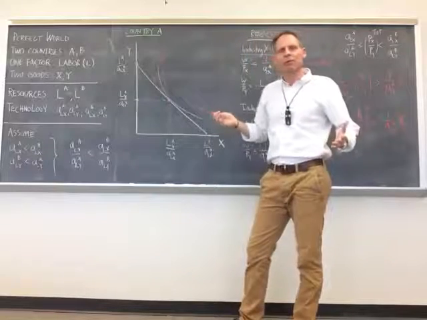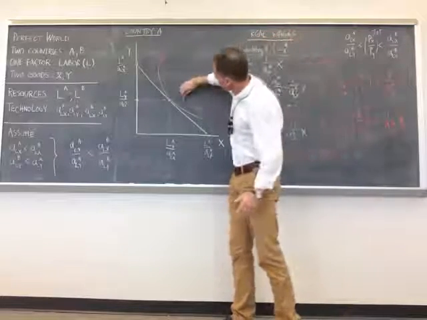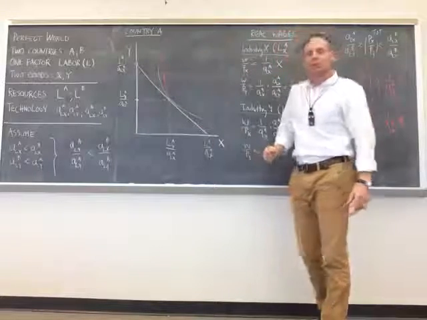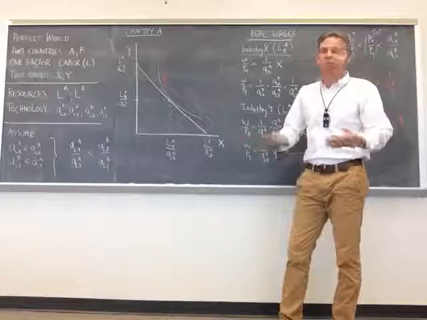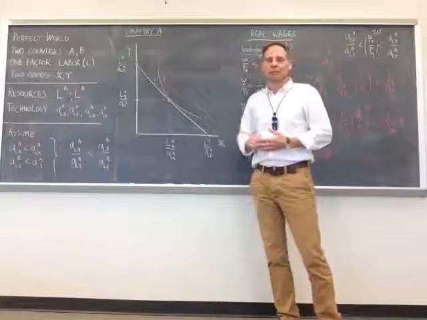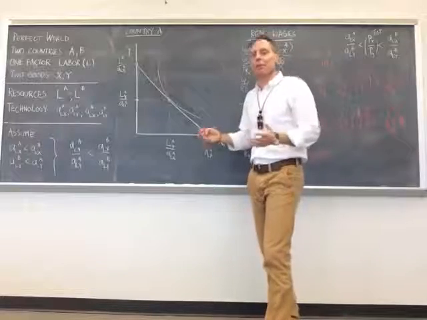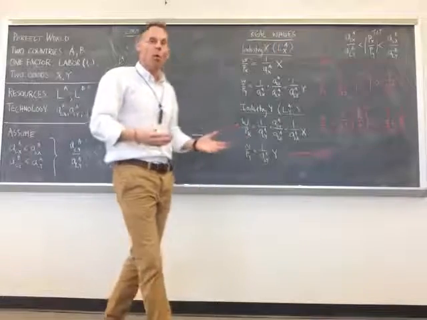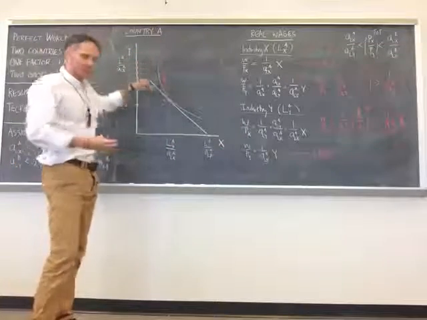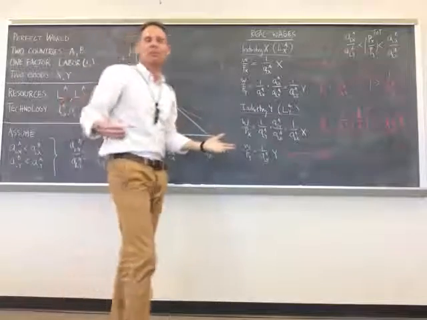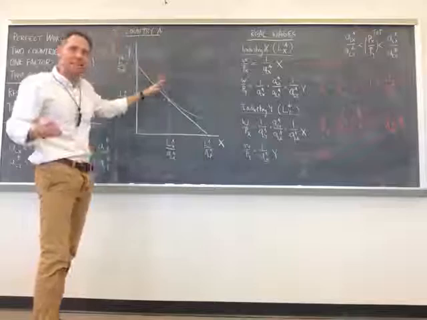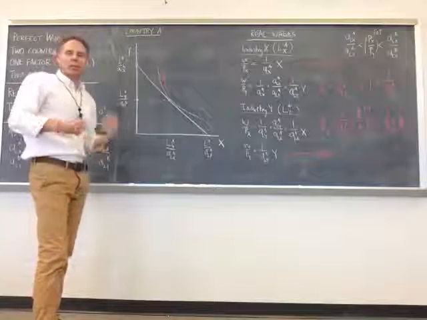So our terms of trade will look something like this, which will allow us to reach an indifference curve or a consumption point that is outside of our original PPF. So the entire country is definitely better off. We can consume more of at least something. And if we have preferences that are nice, so our indifference curves look like this, then we can see we can reach a higher